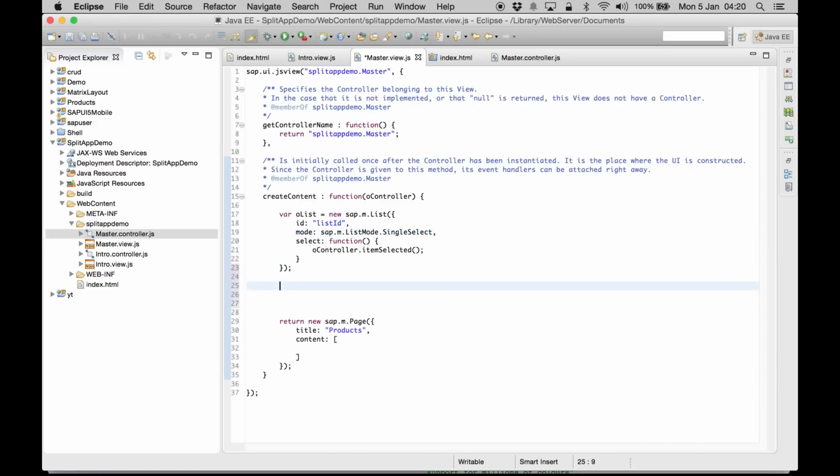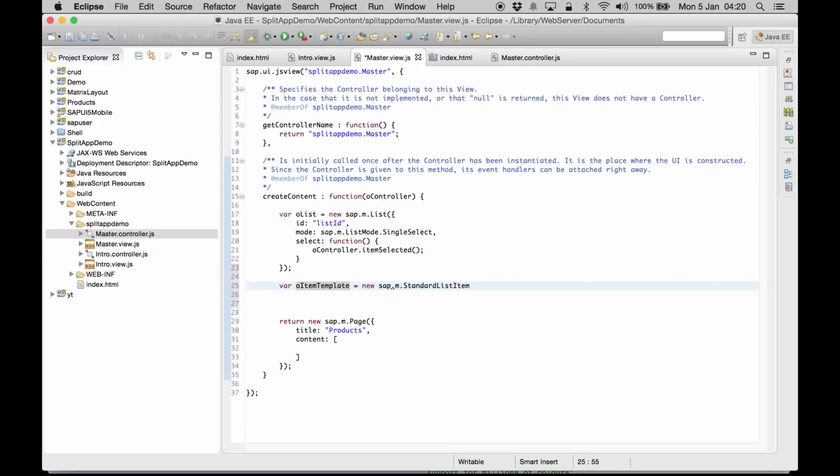And the way to do that is we can create a small template. So var oItemTemplate, and this is going to be new sap.m.StandardListItem,